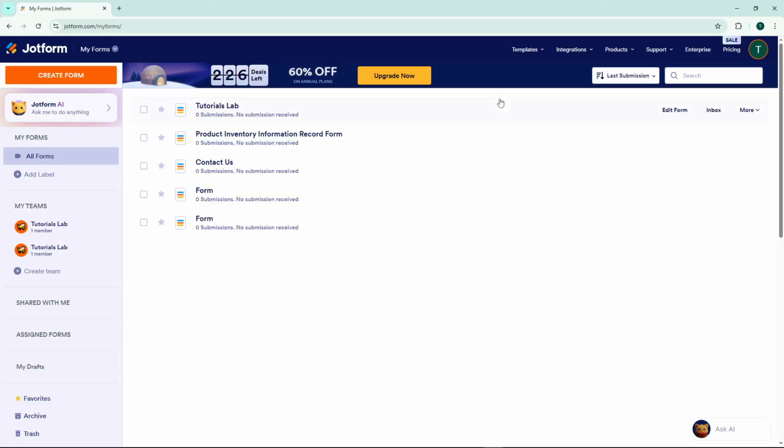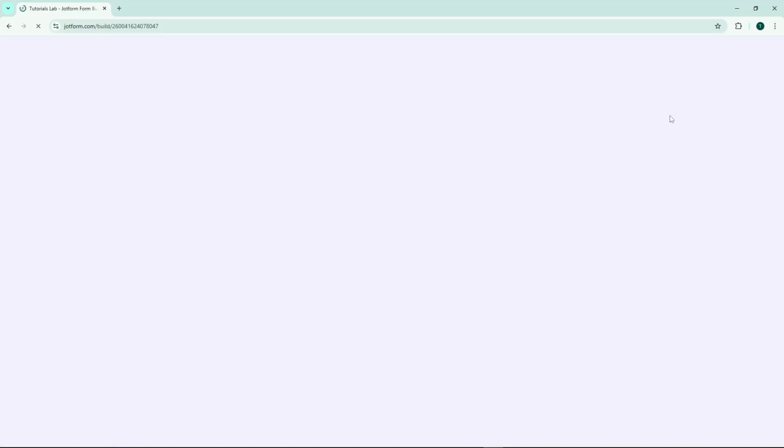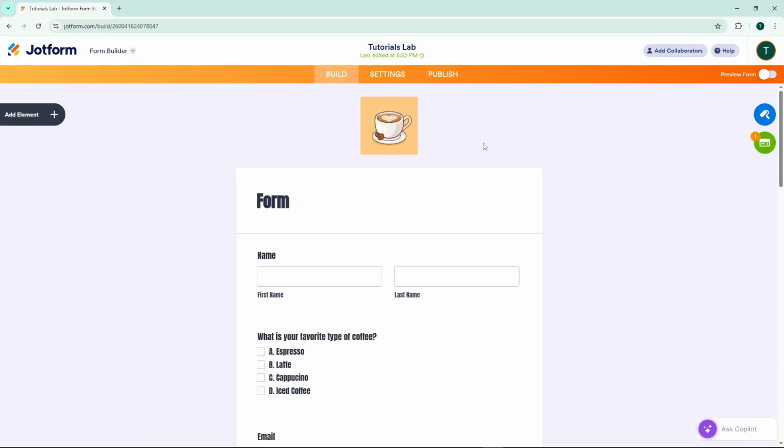Now find the specific form you want to work with and click on it to select it. Once selected, you'll see an Edit Form button appear. Go ahead and click that button. This will open up the Form Builder interface, which is where all the magic happens when it comes to designing